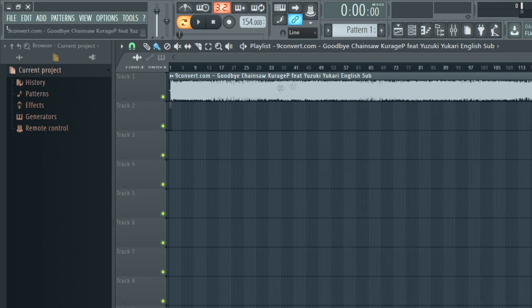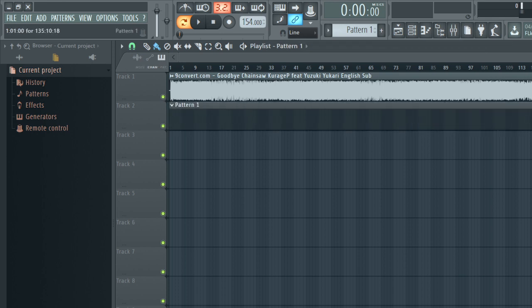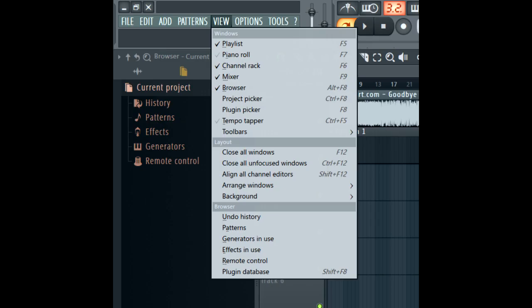This is just for the vocals of your song, so if your song ends before the vocal length does, you can shorten this track to the vocal length ending, but for the purposes of this tutorial, I'm leaving it as is. Next, you want to go up to View at the top